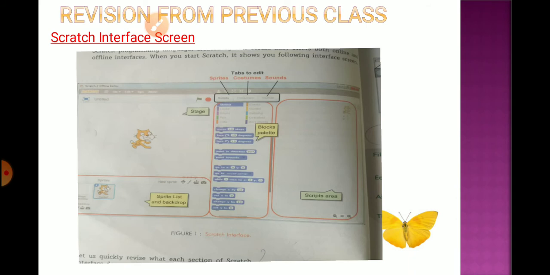The File menu is used to create a new project, open and save existing projects, record video of your project, share your project to the website, quit from Scratch, etc. The second menu is the Edit menu. It is used to go for small stage layout, turbo mode, or undelete things. The About menu gives more information about Scratch, and the Tips menu offers tips to work in different ways in Scratch.